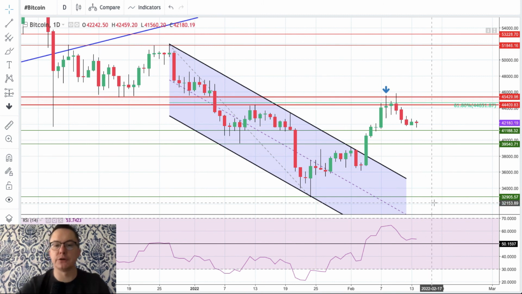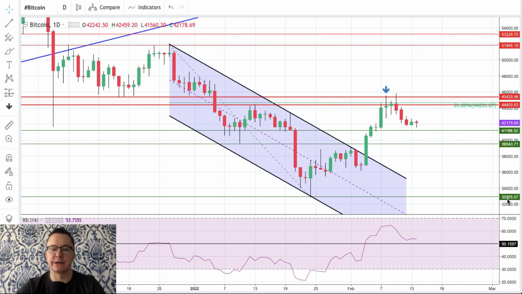If that is a coordinated sell-off with the US dollar index going up, and the S&P 500, Nasdaq, and Dow Jones going down, Bitcoin will join the stock market and will simply keep going lower towards 32,904, maybe even lower. It depends on the other markets. So that's my point of view for the major markets for today.